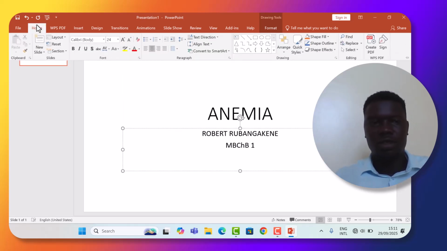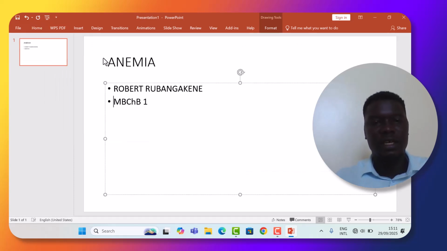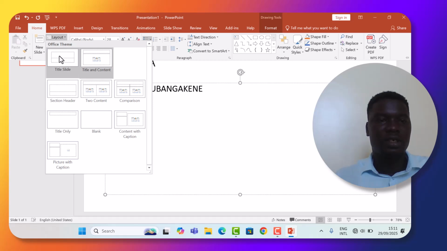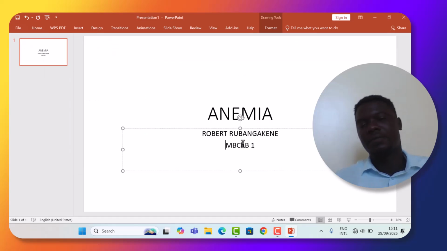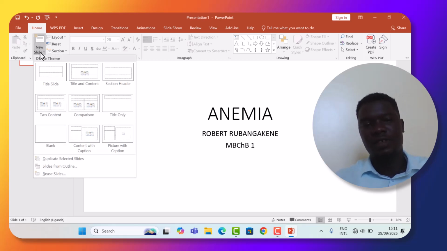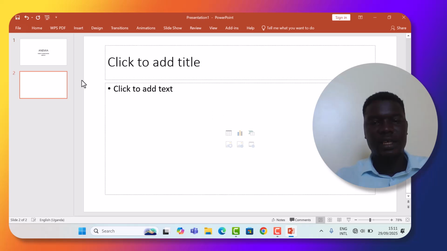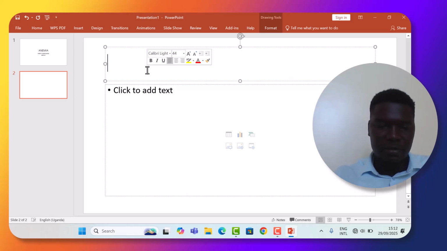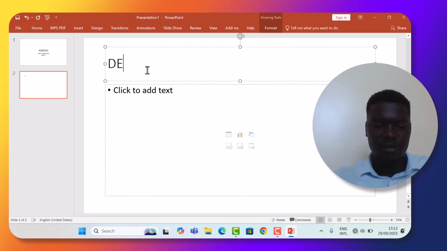So if I want my layout in the second page to be the title and the content, that will also come like that. Or I want it to be what? Only the title, and like this. Here I can come back home and I create a new slide. So in my next slide, I want it to be the title and the content which is there. So here I'll put a definition